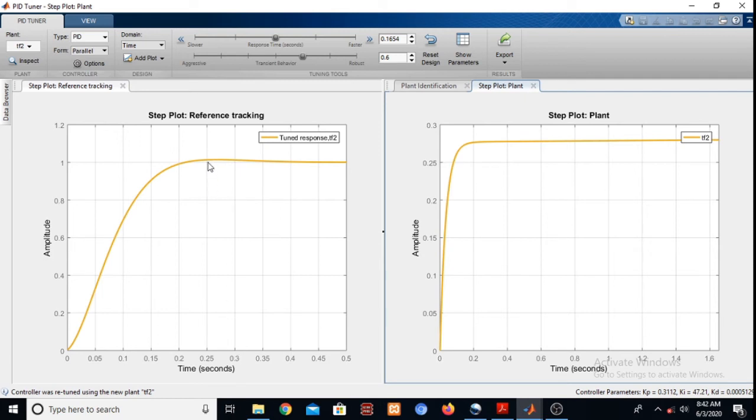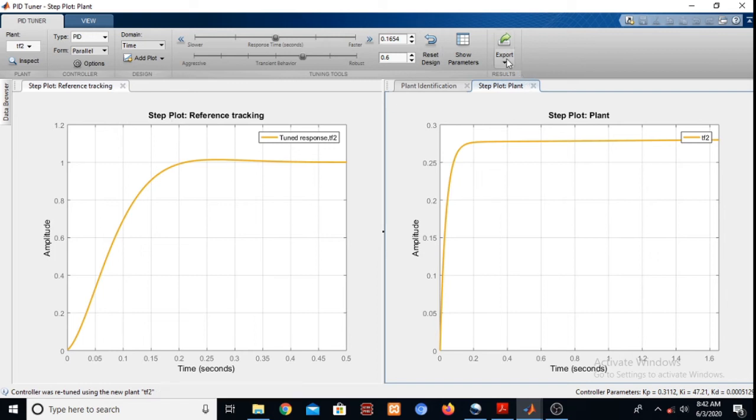Okay, so the major improvement is in the reduction in the overshoot. Okay, so this is how one can import the data. One can identify the system from the MATLAB system identifier, and import these plant transfer functions into the PID tuner.